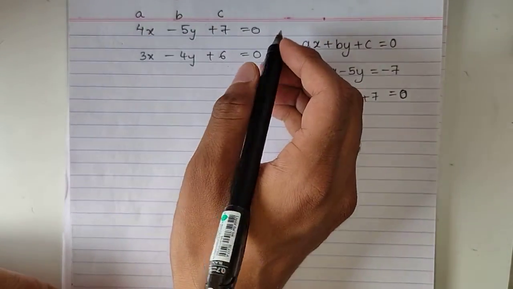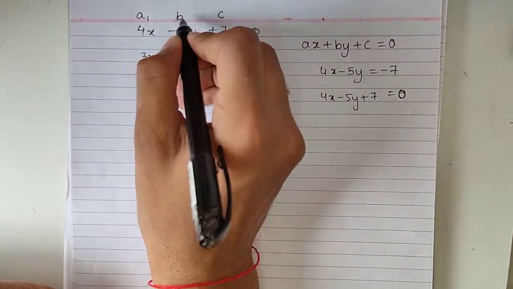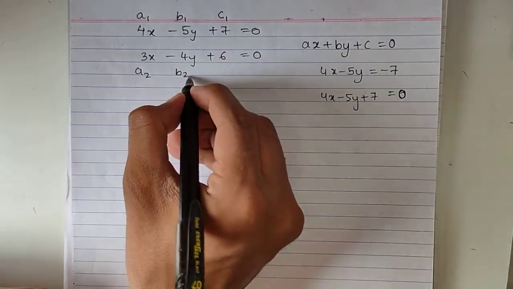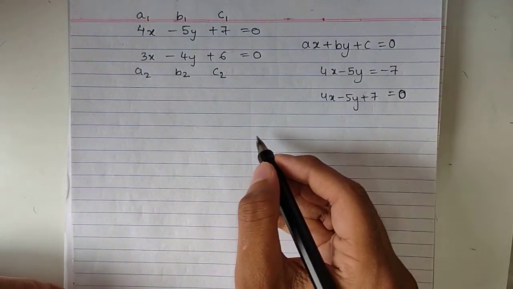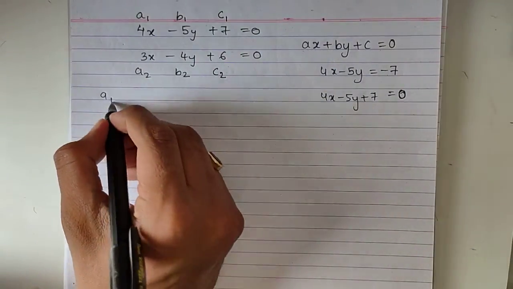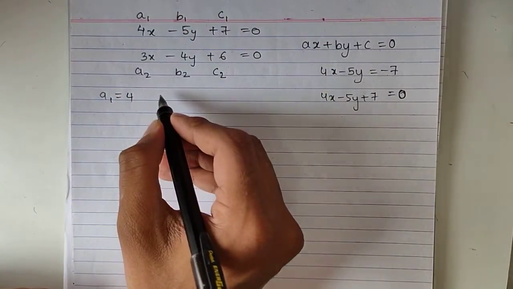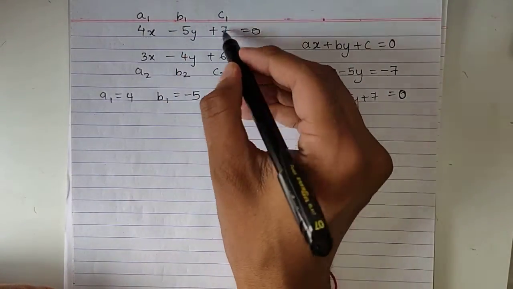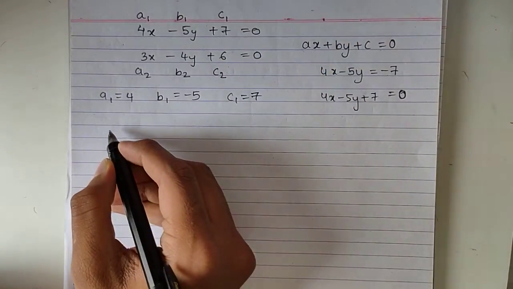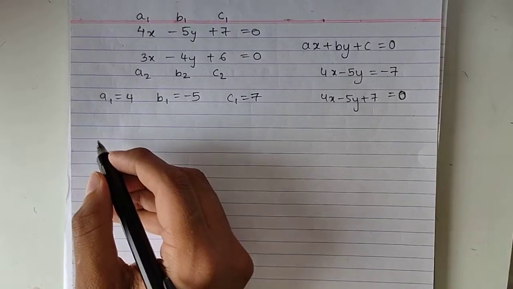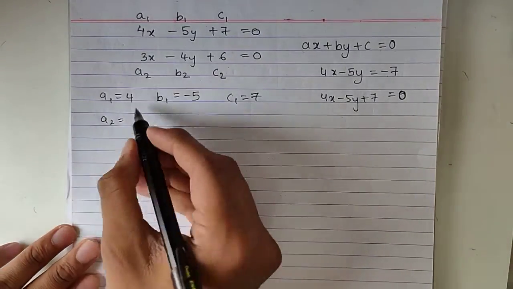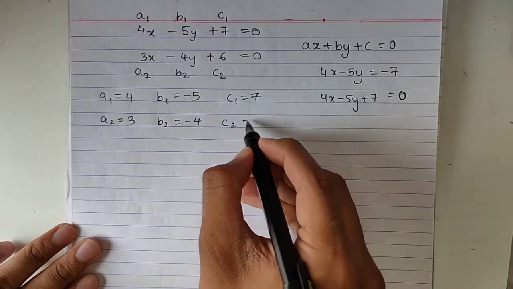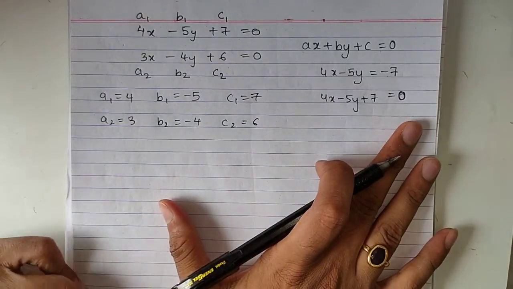तो फर्स्ट इक्वेशन के जो नंबर्स है we will call them a1, b1 and c1, और जो सेकेंड इक्वेशन है उसके नंबर्स को we will call a2, b2 and c2. Okay, so let's write their values. So a1 is 4, b1 is -5 and c1 is 7. Similarly, a2 is 3, b2 is -4 and c2 is 6. Okay, once you have written this,